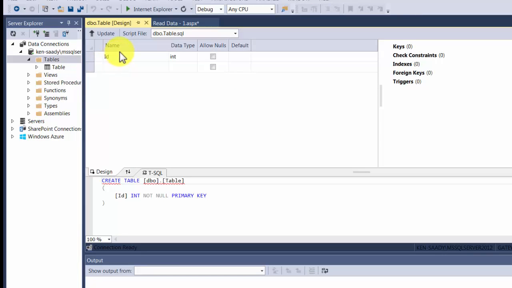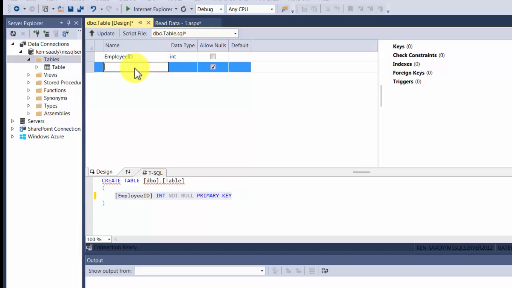When I click on new table, this is going to take me to the QBE environment, which is the query by example environment. Here, let me start creating my fields. As I start creating my fields, choosing their data types, you will notice down below in this window, in the TSQL tab, you're going to start seeing the SQL getting built. So let me create a field called employee ID, type integer, and as soon as I press to go to the next field, you'll notice that this automatically gets updated for me. Then I have an employee name,